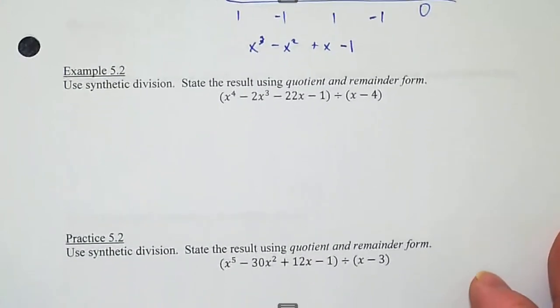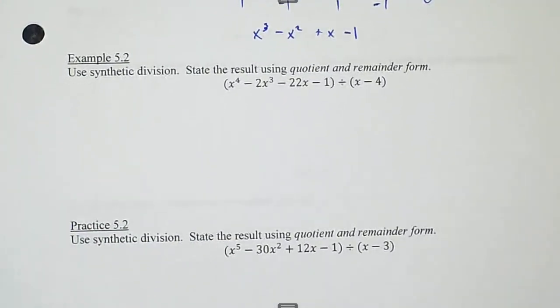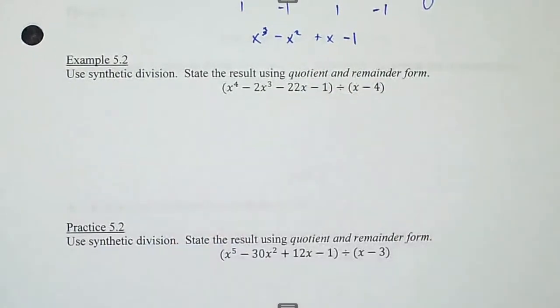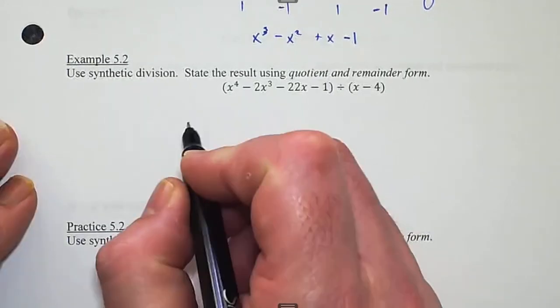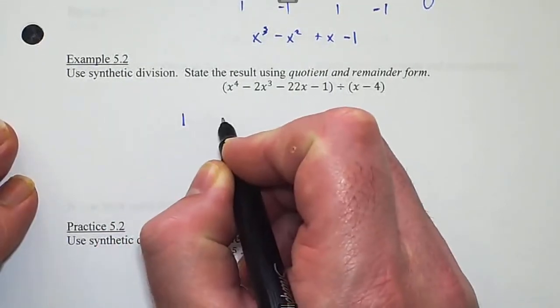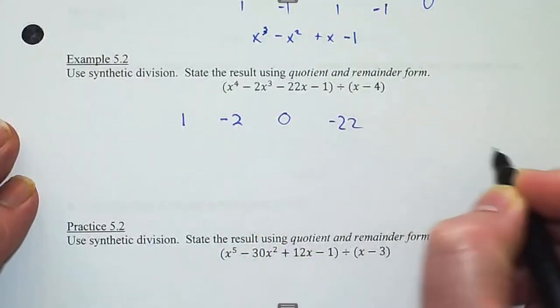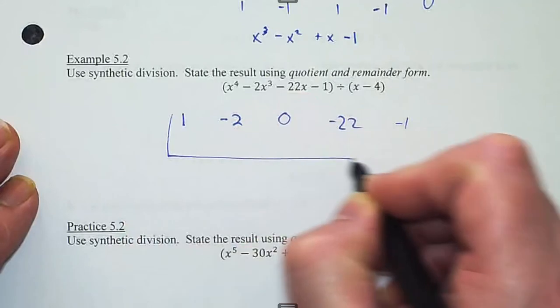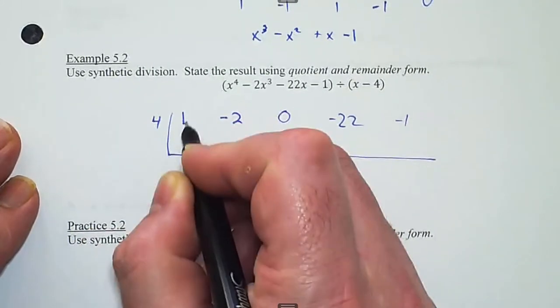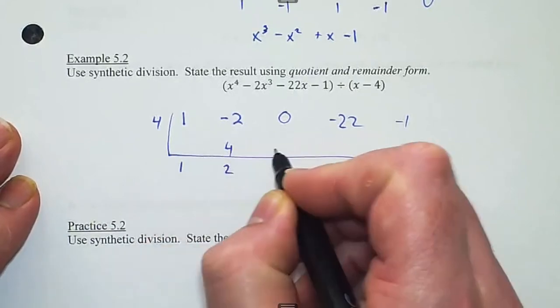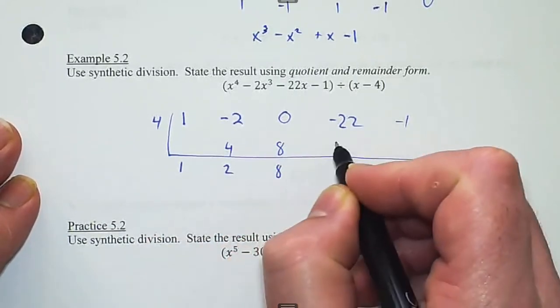All right, let's try synthetic division, this time stating our result in quotient and remainder form. So it's not going to be that we're saying this is equal to quotient and remainder. We're just going to be expressing the same information in a different way. So I have 1x to the fourth, negative 2x cubed, 0x squared, negative 22x, and then a negative 1. Put a 4 there, bring down the 1. So 4, 2, 8, 32,